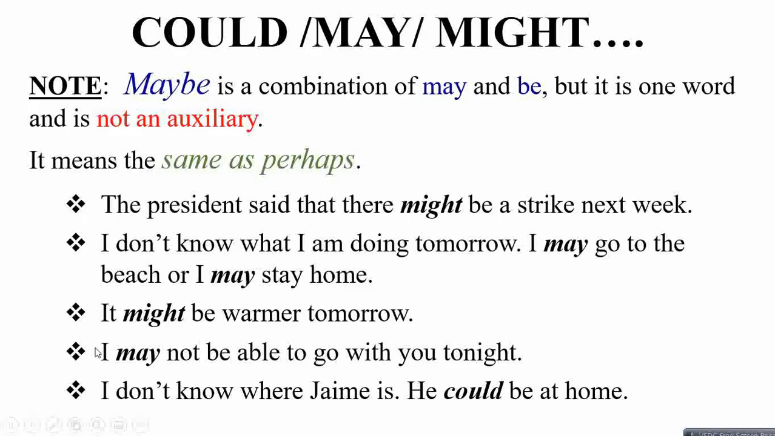Another example, I may not be able to go with you tonight. This is not sure whether he will be available or not. Another example, I don't know where James is. He could be at home. So the possibility of him being at home is not sure to the speaker. So as a result, you can use could. So the three words could, may and might are interchangeably used, and they mean likelihood. You are not sure of what you